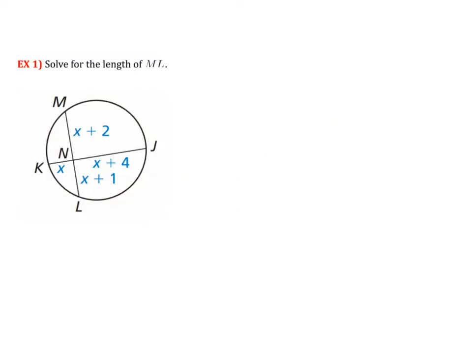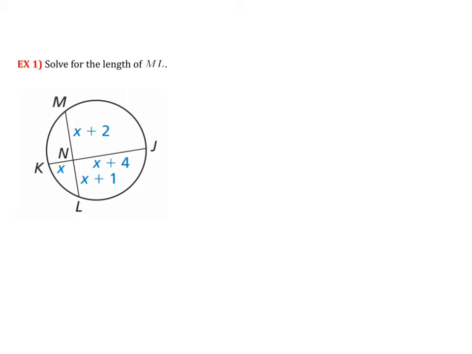All right, so let's go ahead and take a look at example 1. It says to solve for the length of ML. Now, when I take a look at ML, I notice that I don't have any actual measurements for either the entire length or each individual segment. But what I do see is that ML intersects KJ, which is another chord. So because I have two chords that intersect each other, I can go ahead and use the theorem from earlier,